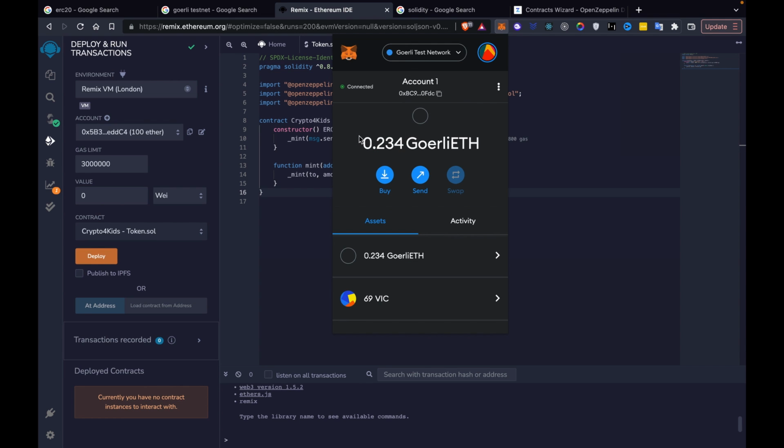So basically, when we deploy our smart contract to the test network, obviously we have to pay the gas fee. The gas fee is just the deployment fee, the fee that we have to pay to deploy our smart contract. But hey, come on, we don't have any money, right? We're poor, right? It's okay. That's why we're using the Goerli test network. All the fees, all the transactions that go on in the test network are paid in Goerli ETH, and essentially they're just fake Ethereum. So what you want to do is get some of this fake Ethereum. I already have it, but to get it, all you have to do is